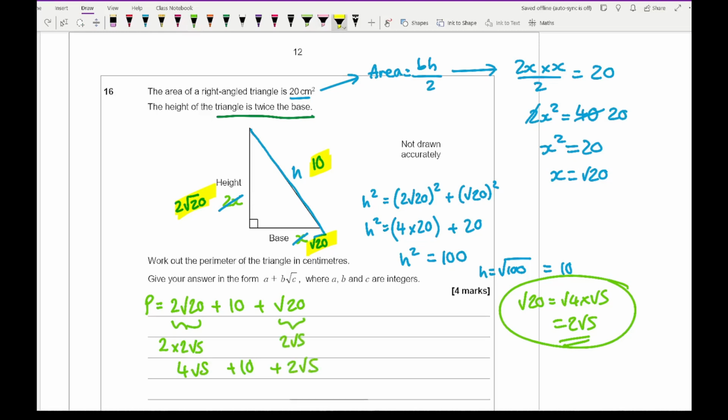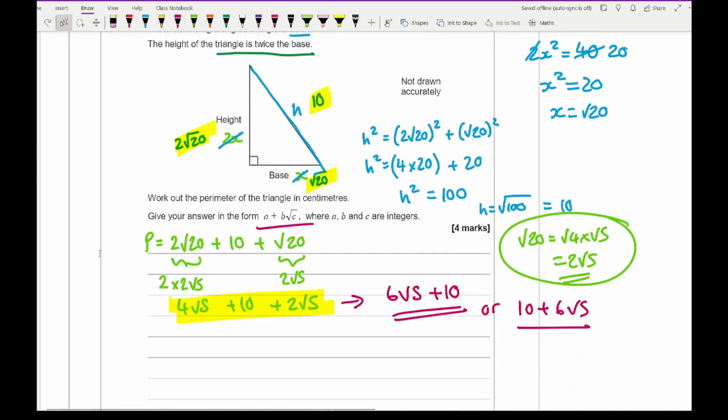And then, simplifying all of that, what do I get? Well, I get 6 root 5 plus 10, and there is my final answer. Or you could write it as 10 plus 6 root 5, but either way would be fine to get the